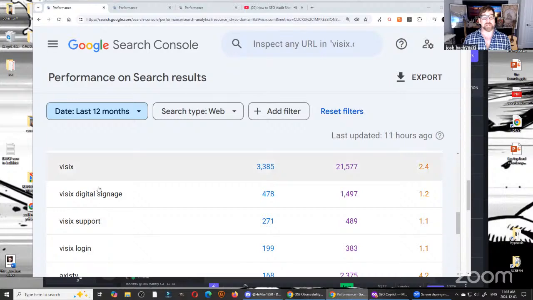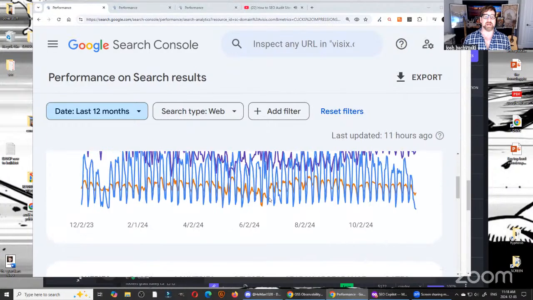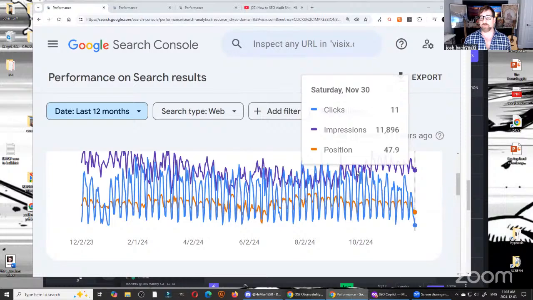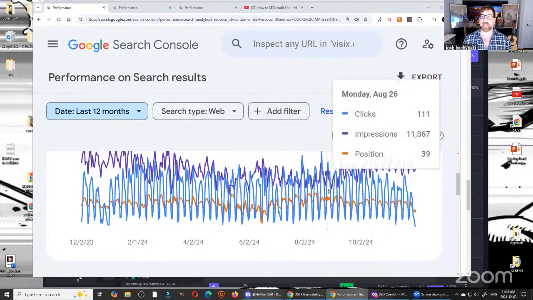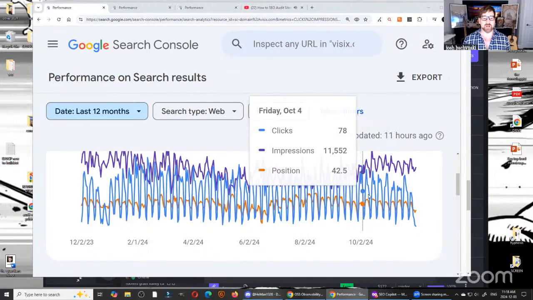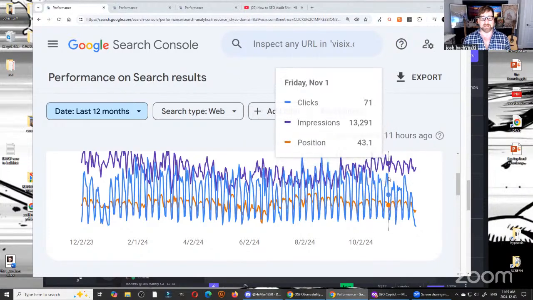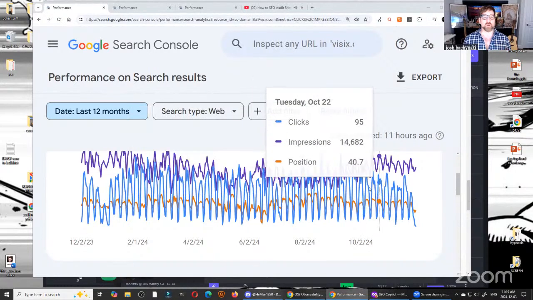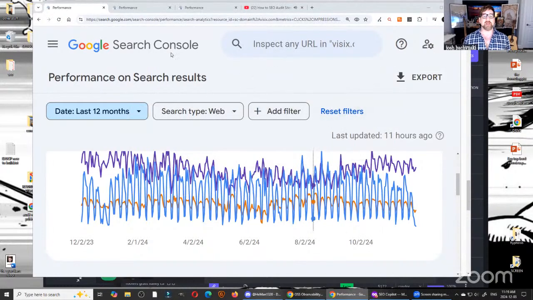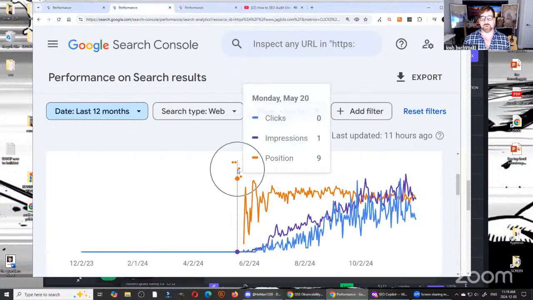But it doesn't matter what the query is. It matters what you see in the ranking results here. And you can read this like a cardiologist. You can see the different areas that are going to be a problem here. And you can start to determine, okay, if it's fluctuating a lot, that means I need to add trust. If it looks like this, you need to add more trust on the site.